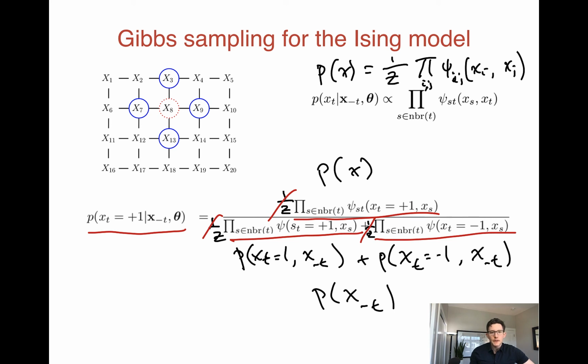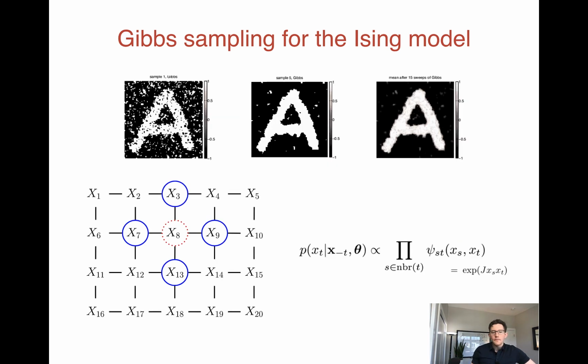no problem. So to get our samples through Gibbs sampling, we would just keep going through all of our variables, resampling each one according to this full conditional, and then once we felt like we had done it enough, we would use that big set of samples as samples from our distribution. So just to give an example of how this works,